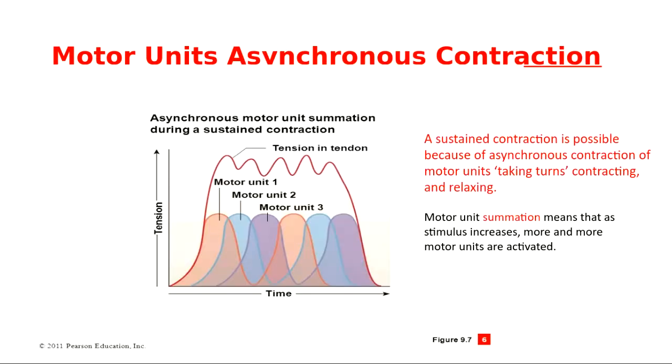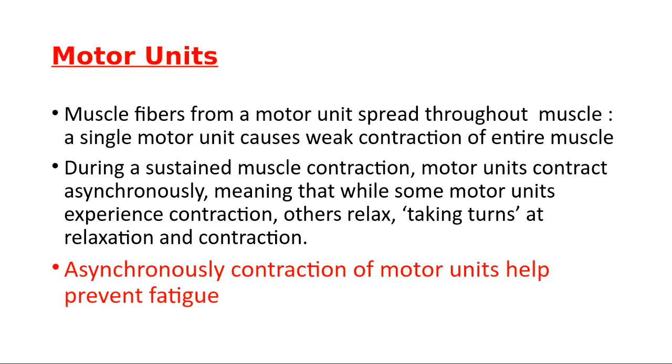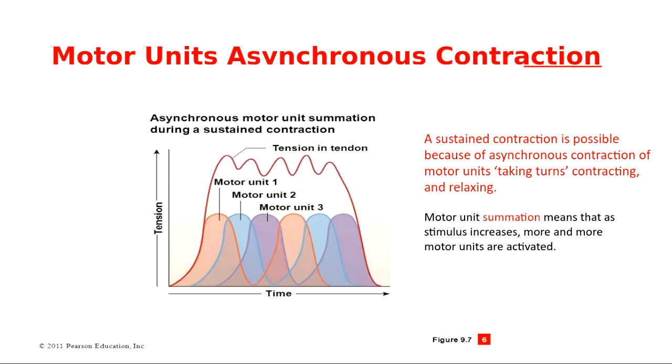Part of the role of a motor unit is to prevent muscle fatigue. So motor units are going to contract in an asynchronous manner. They're going to take turns contracting, and that will prevent muscle fatigue. So here in this depiction, you have this red motor unit, number 1, contracting first, then goes into relaxation, and the blue motor unit cells begin to contract. Then as it goes into relaxation, the purple motor unit cells begin to contract, and then back to the first